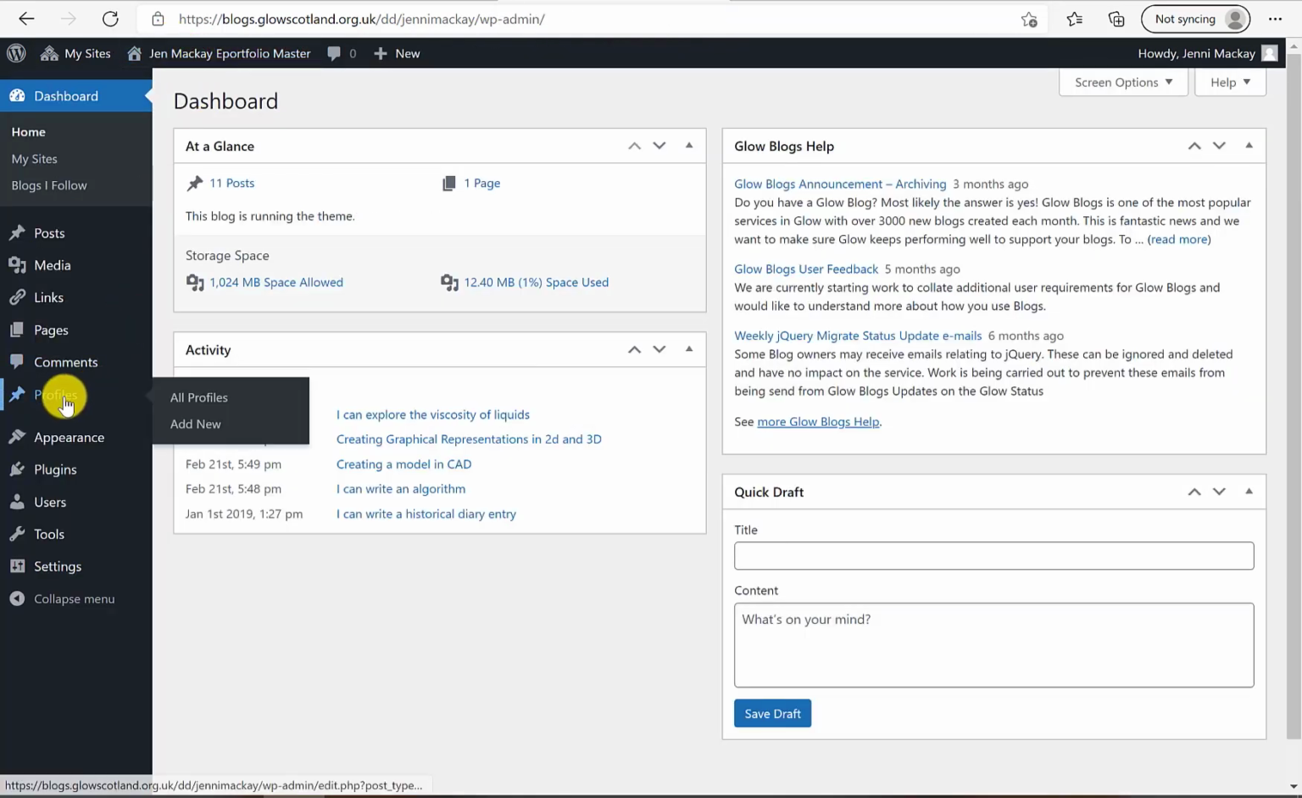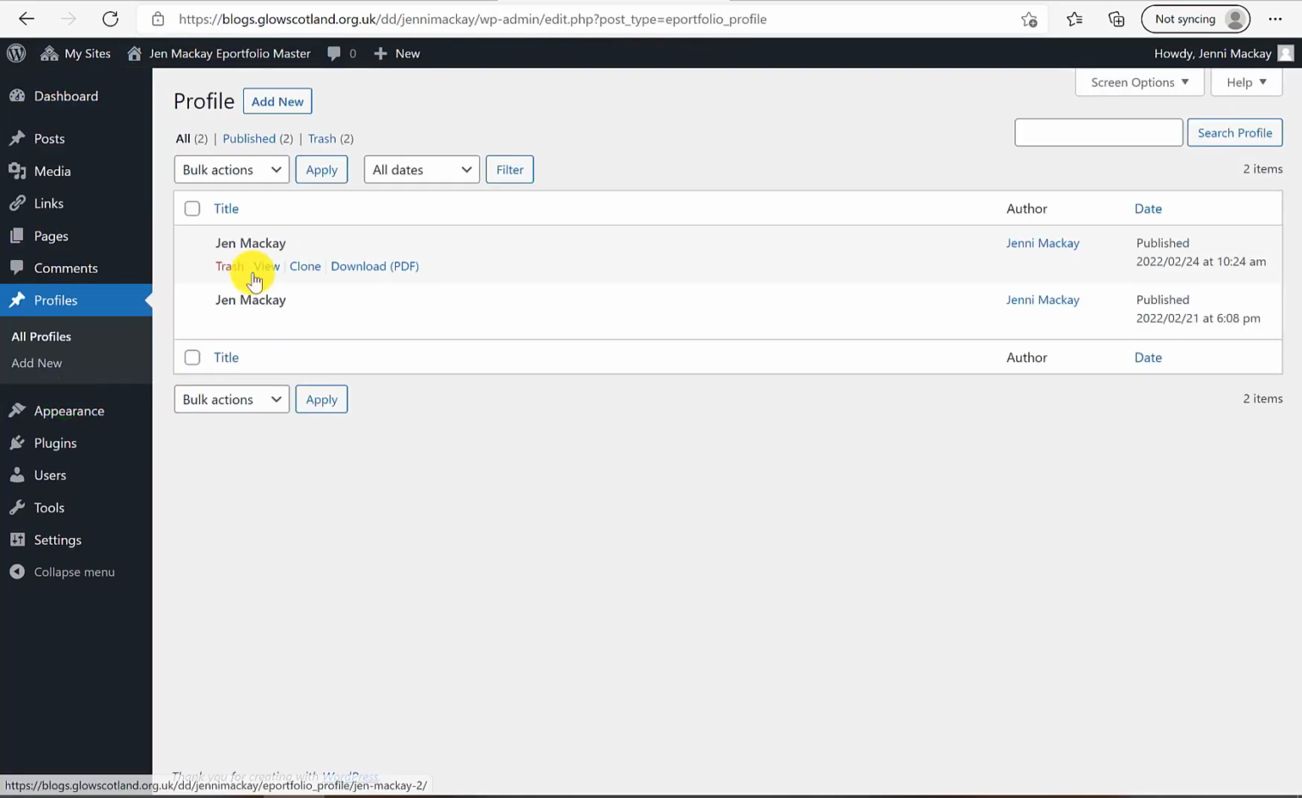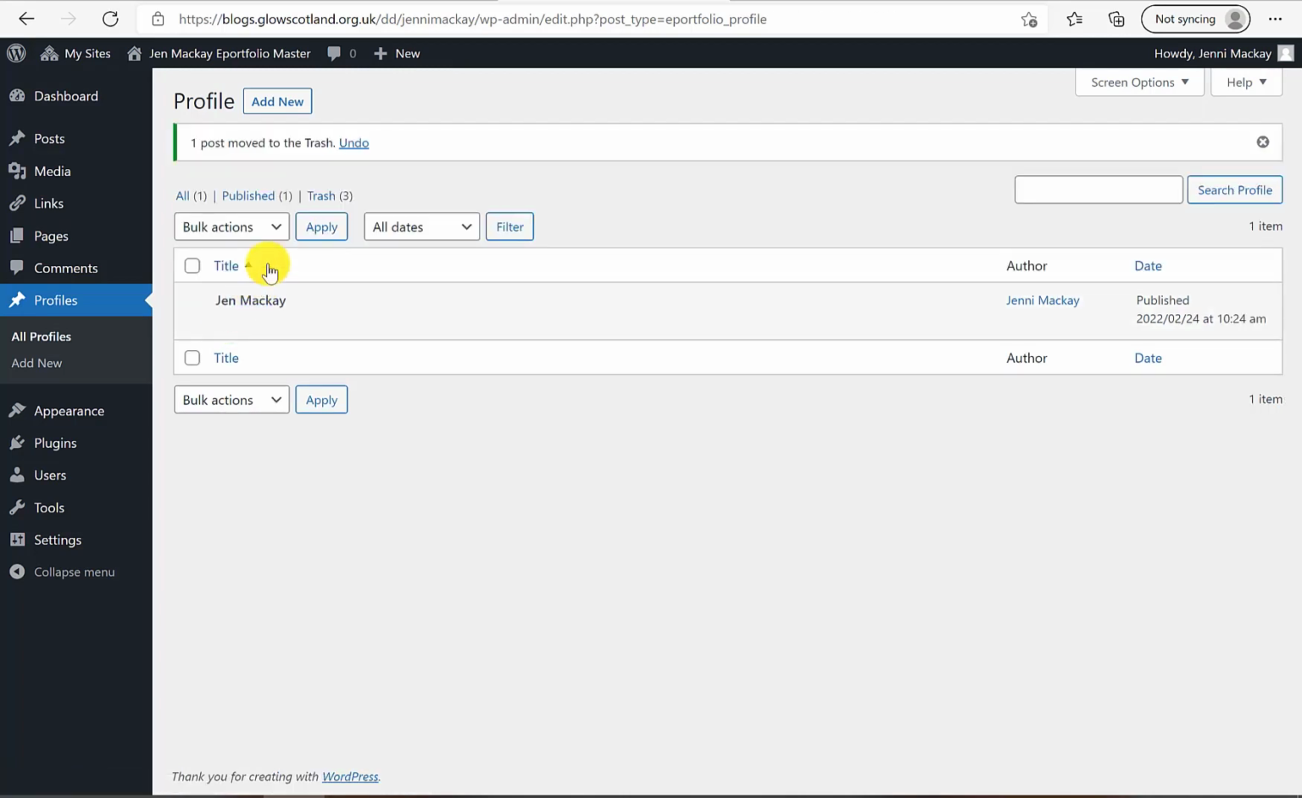Selecting the dashboard, going to Profiles, allows us to see those options as well. We can download a copy, clone it, and if we no longer want it, simply trash it. The trash bin up here will allow us to undo if we've accidentally deleted it. You'll also see there's a trash bin just above these, and it shows you how many